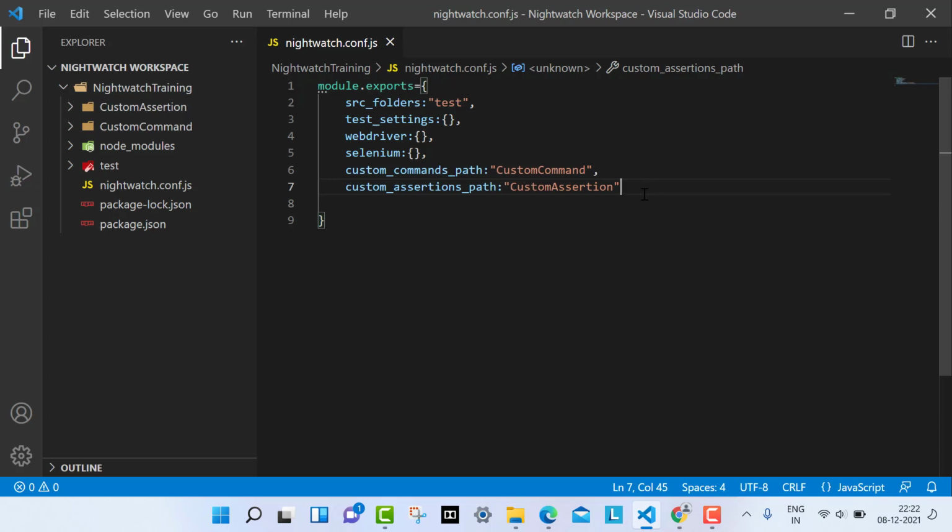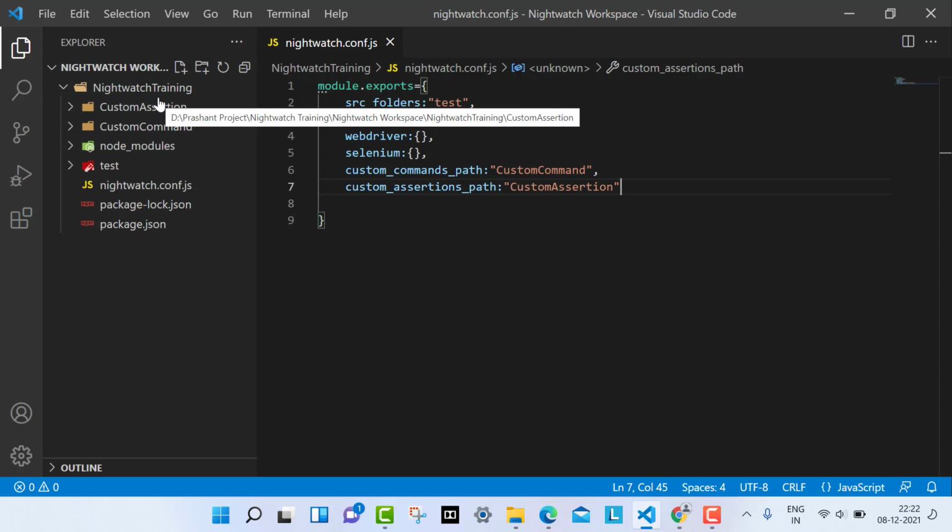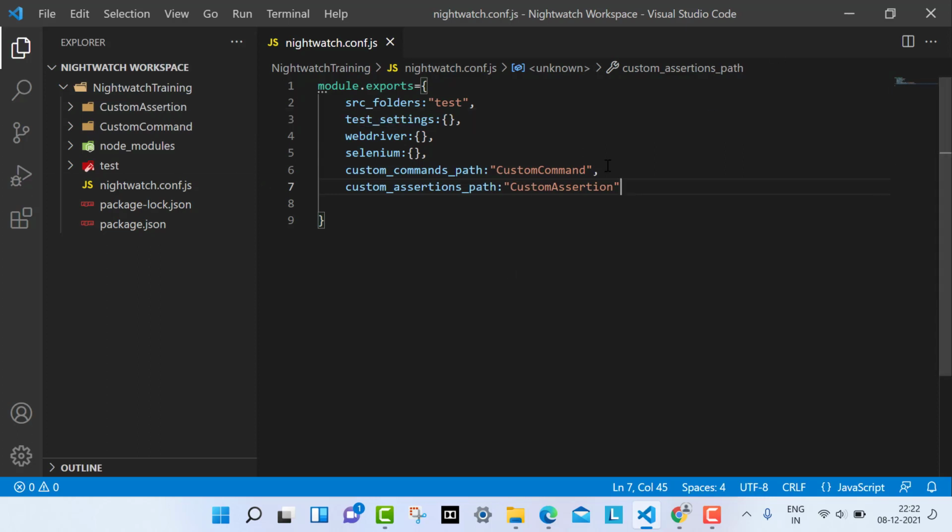As this is in the project root folder, we don't need to specify the whole path, it will automatically take it. So you can give it like that for defining the path.